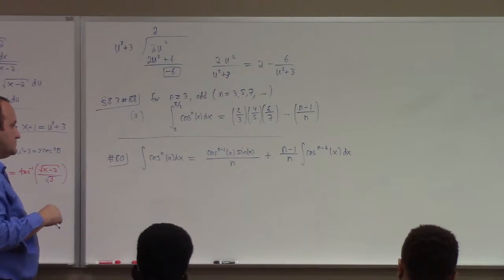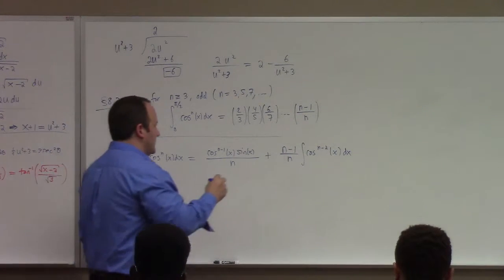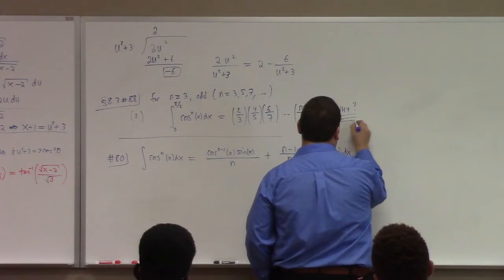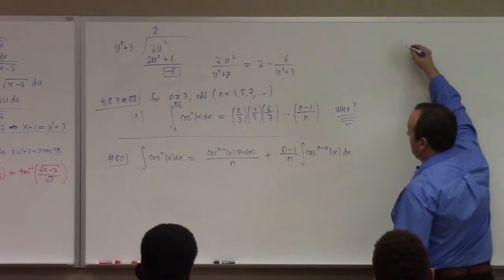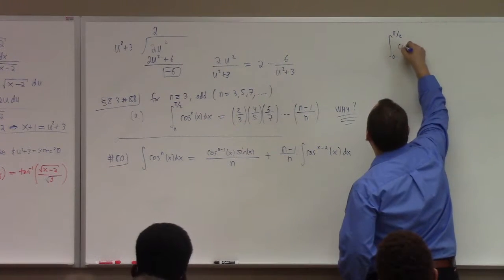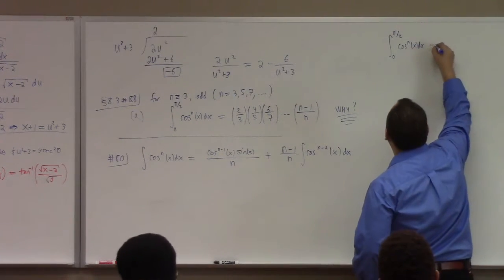Okay, so we're trying to, the question is, why is this true, right? So I'll start out with the integral from 0 to pi over 2 of cosine^n of x dx, right? Now that's equal to